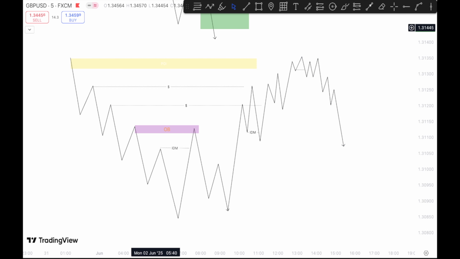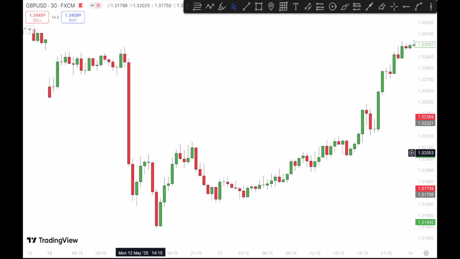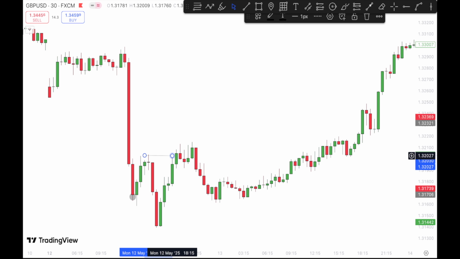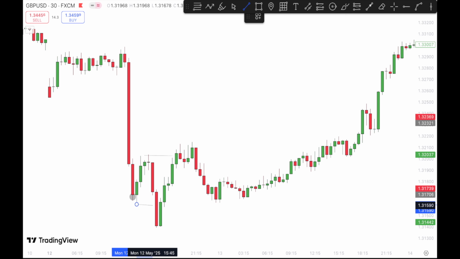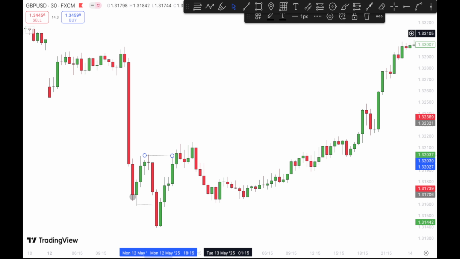So let's look at some examples on the chart. Price is in a bearish trend over here, but then it makes a low, and then it gives us a pullback, and then the pullback is swept with a new move after it sweeps the low. So in this case, this will be your inducement